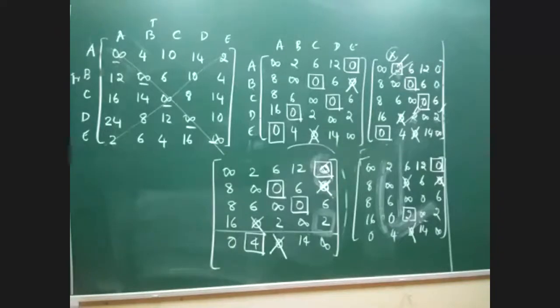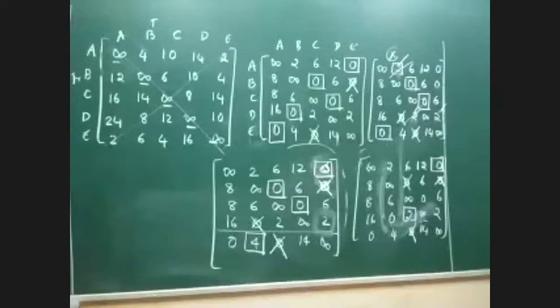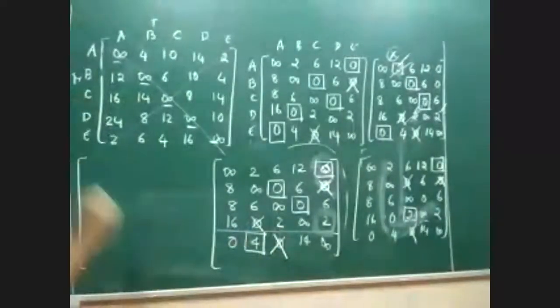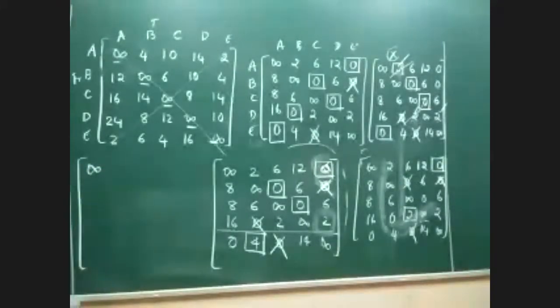Madam, can we take the next higher number 6 and then solve it? That's what I'm telling you. With 6 we'll get the answer, sir. Okay, let's finish that today. Let's give a logical end to it. First, 6 we have to consider, sir. We'll start with the 6. But the same rule applies. Try the lowest value, and if it doesn't work, go to the next higher value, and if that doesn't work, the next higher value. So you should continue this till you get the allocation. That is the whole logic.